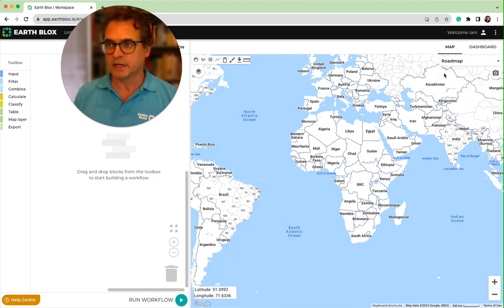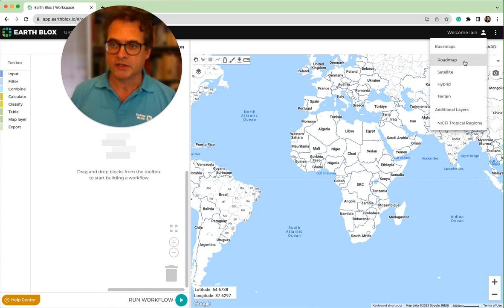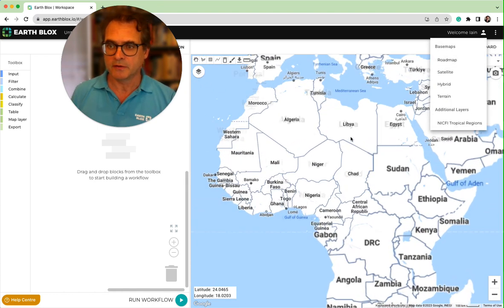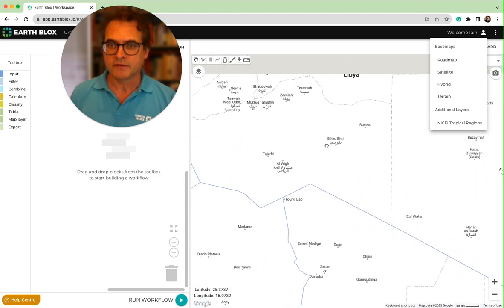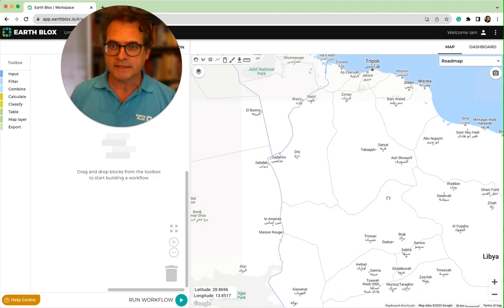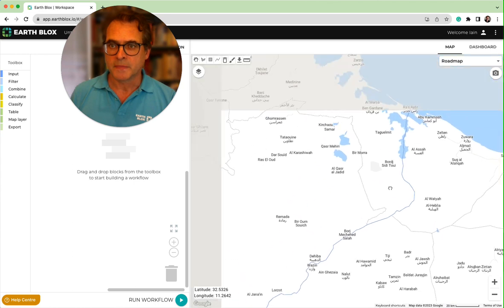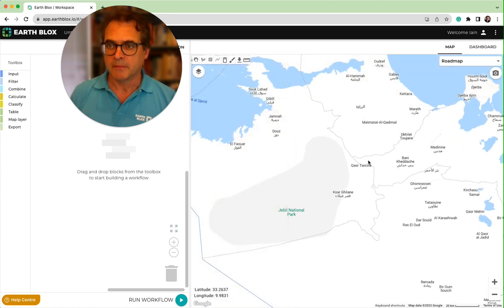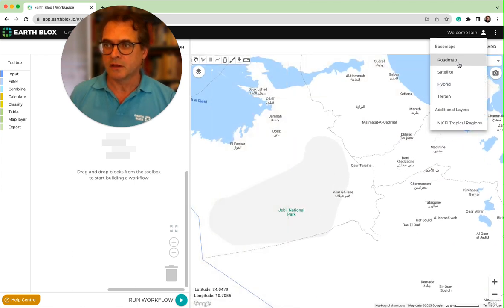Now I want to focus today on some of the options that we've got as the base map. So the default is the road map, which shows you the boundaries of the major countries of the world. It's annotated, you get various regions and information on the local areas, but we can also augment that with